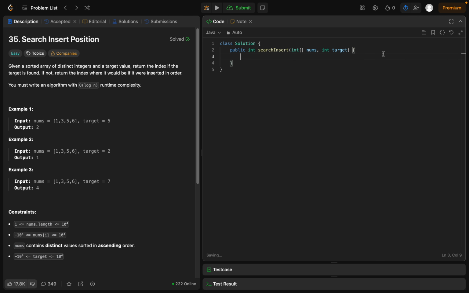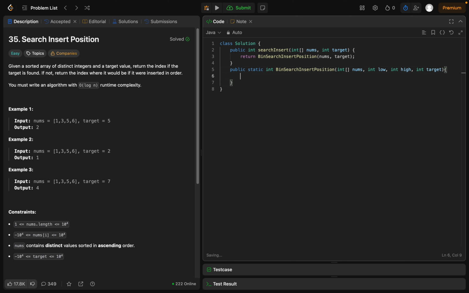What did we do? The first thing that we did was that we said we will return our, let's call it binary search insert position. That's a huge name, but okay. And we're going to pass nums and target. Now we're starting over here with our public static int and this huge name, which I'm just copy pasting. It's going to be int nums, int low, int high, int target, just like our